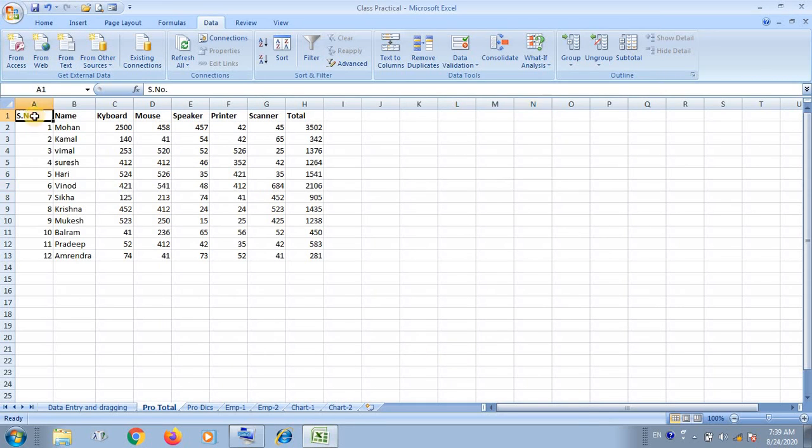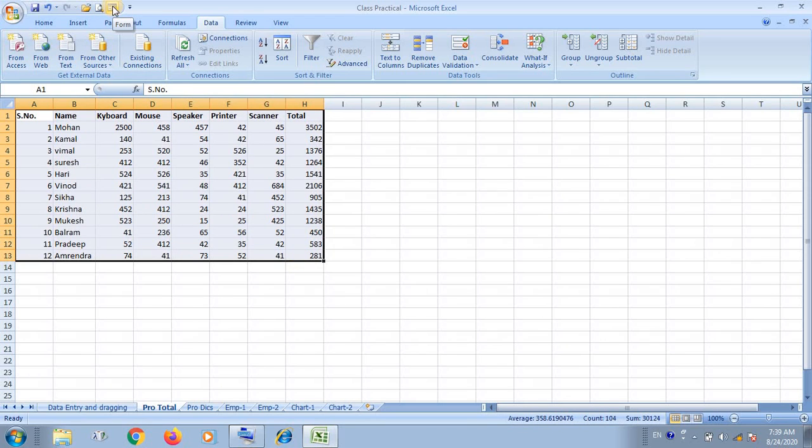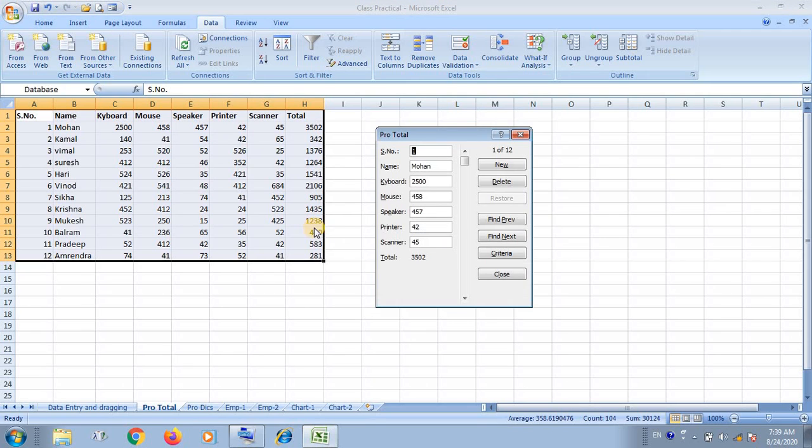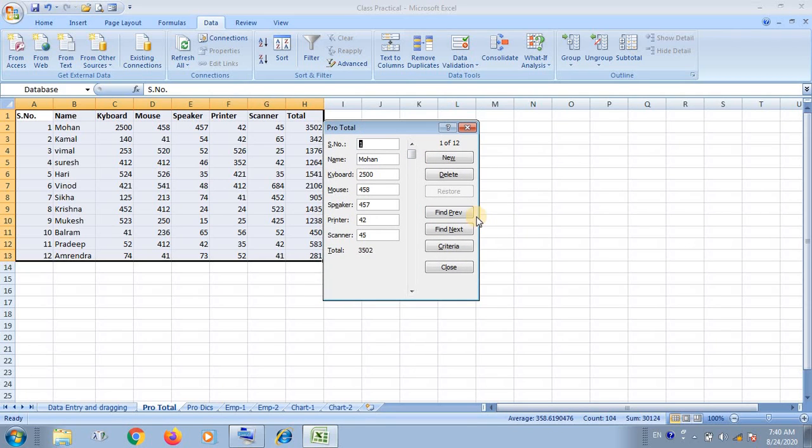Now you have to select this and you will find the form command on the quick access toolbar. This is the quick access toolbar. Click here, and now you will get the option. This is the form.